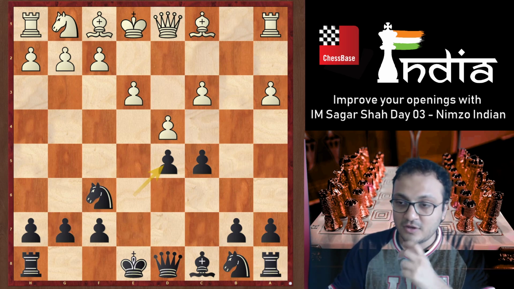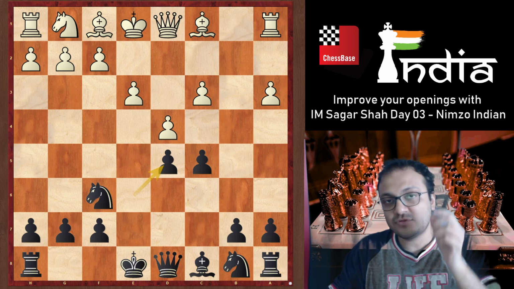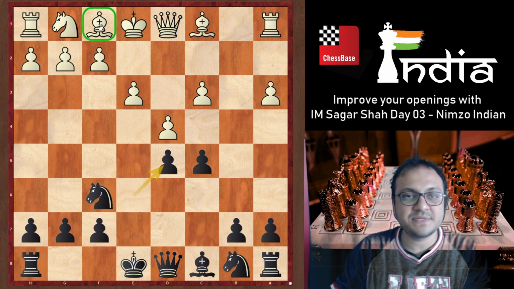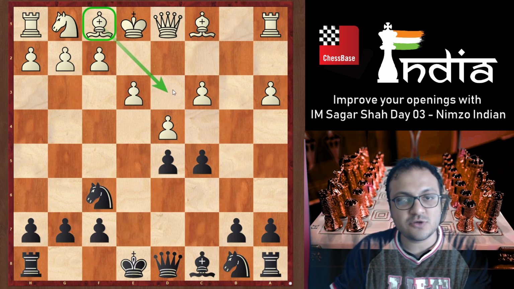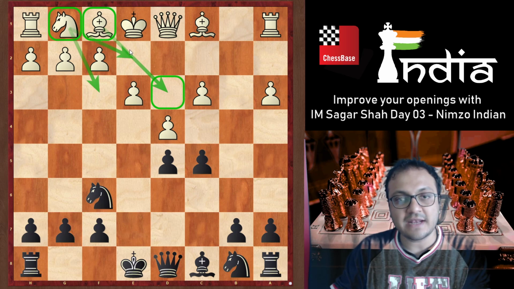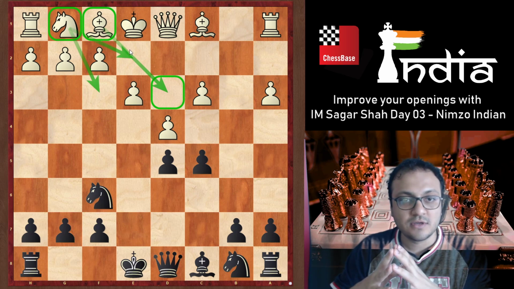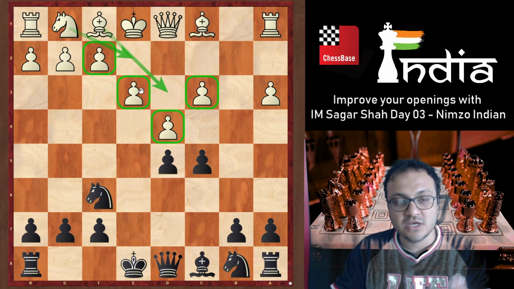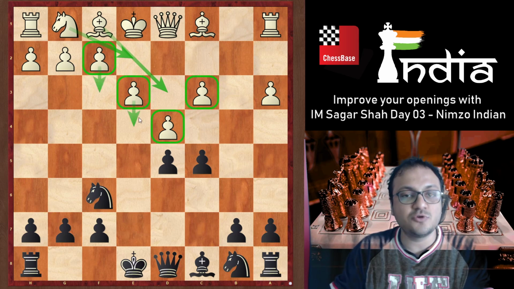So first of all, Botvinnik said, I have to think of a way to put my pieces. Where will this bishop stand best? He saw that d3 looks like a good square. What about the knight? It can go to f3, that looks good, but the knight can also go to e2. Now this is a very interesting concept. You put your bishop on d3 and your knight on e2, behind your pawns, so that your pawns are free to move.